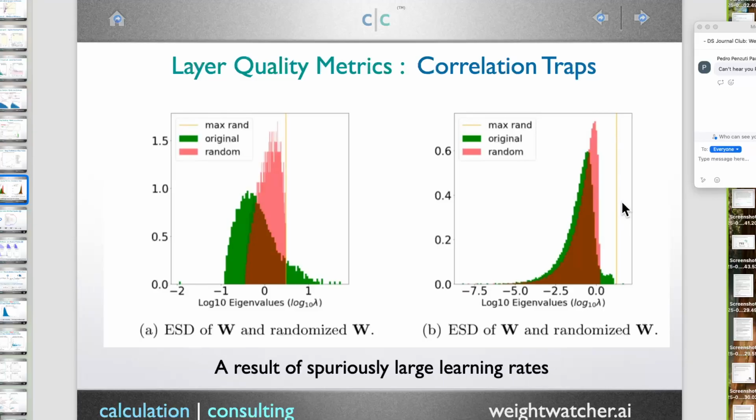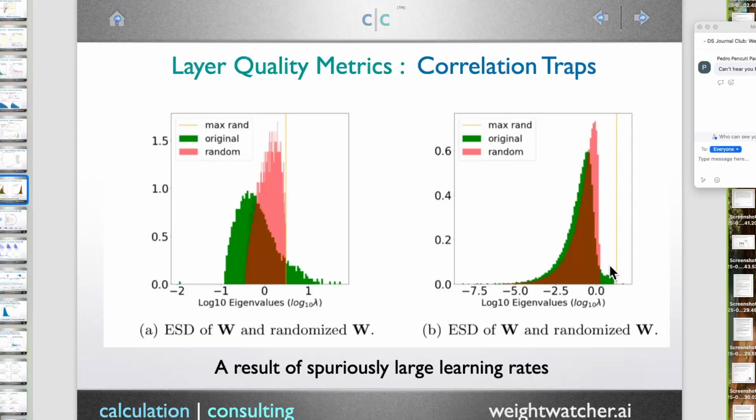Well, yeah. When you measure the correlation trap, what WeightWatcher will do is randomize the weight matrix, compute the histogram of eigenvalues, fit it to a Marchenko-Pastur distribution, and then look for any rank 1 perturbation or eigenvalue outside the Tracy-Widom fluctuation. There's a little gap here that you would expect to be the Tracy-Widom fluctuation, and what you find is you'll see outliers which live outside. When they live outside the Tracy-Widom fluctuations, we think they're really bad. Gotcha. That's what's going on. You're welcome.